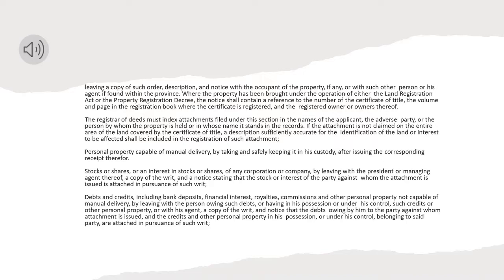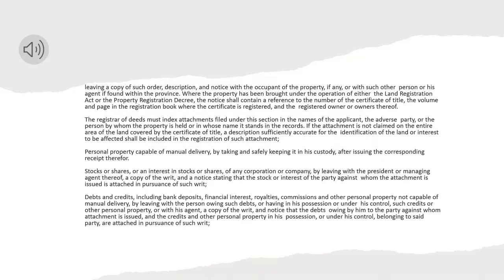If the attachment is not claimed on the entire area of the land covered by the certificate of title, a description sufficiently accurate for the identification of the land or interest to be affected shall be included in the registration of such attachment. B. Personal property capable of manual delivery, by taking and safely keeping it in his custody, after issuing